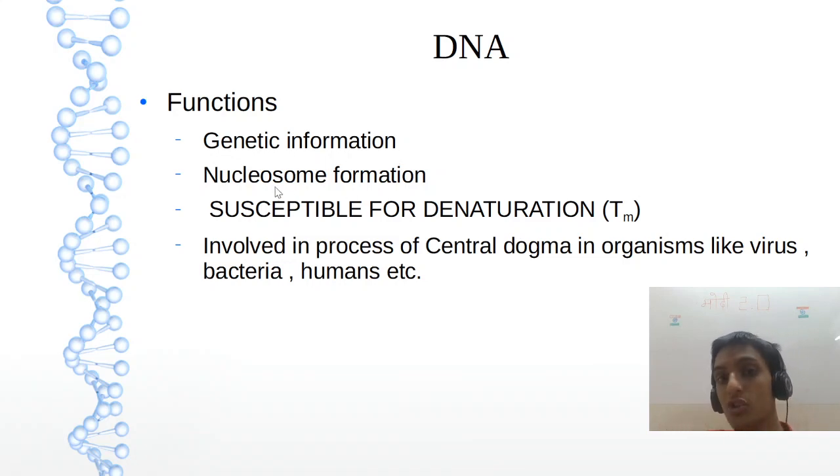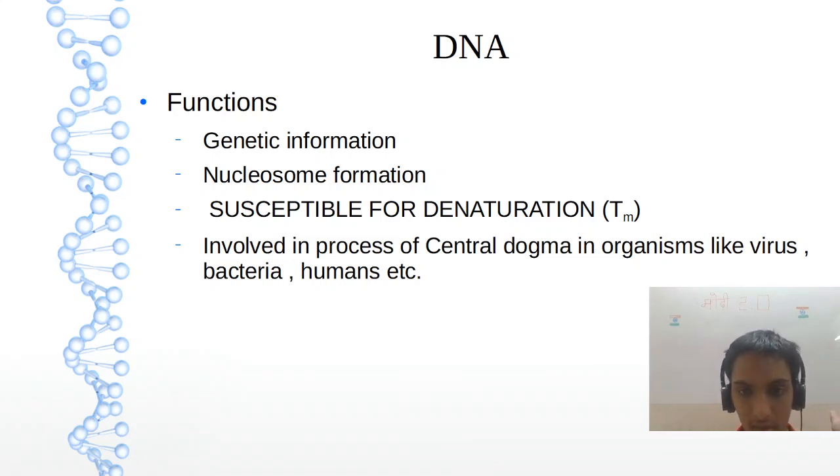Nucleosome formation. What is nucleosome? Please remember this, very, very important. What will be happening is there will be a histone octamer with 8 molecules. Subunits will be 4. 2 sets of the subunits. H2A, H2B, H3 and H4. This will be the positive part contributed by lysine and arginine. They are the basic amino acids. On this you are finding that it will be wrapped around the negatively charged DNA. How that negative charge coming? From the phosphate groups in the DNA.